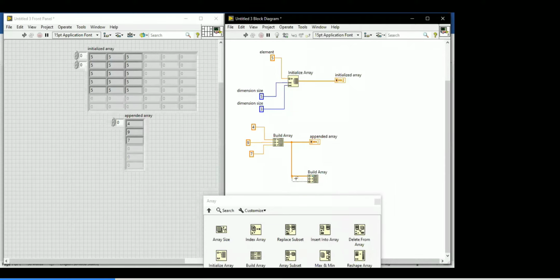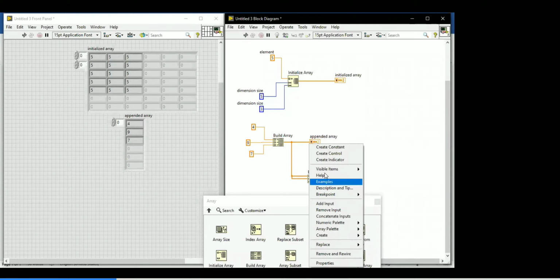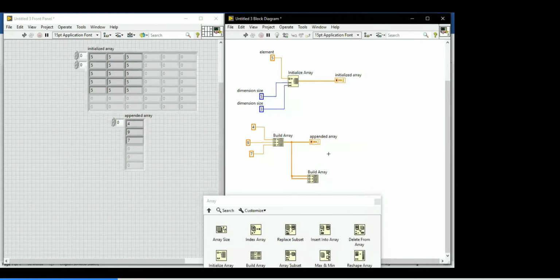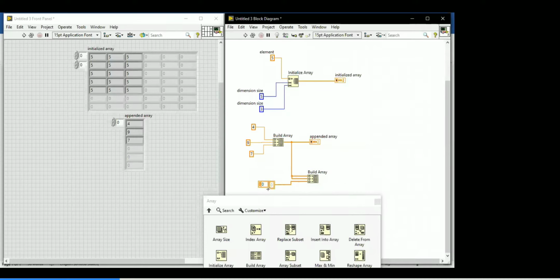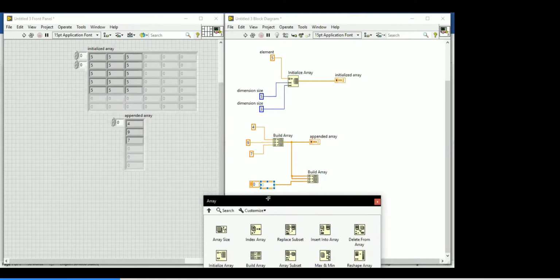Now what is the dimension you will get? Will it still be 1D or will the dimension increase? See this problem here. With scalar values as input, you are getting 1D output. Now my input will be 1D. What is the output you will get? Think and then tell. 3D. Okay, 3D.